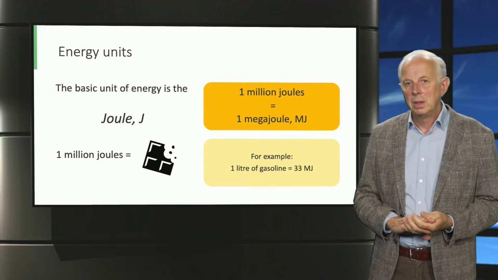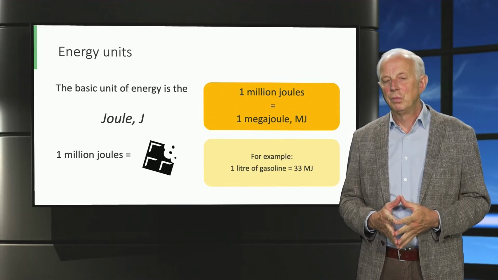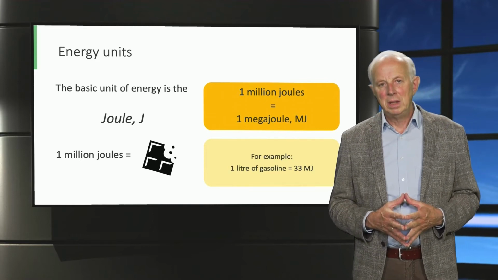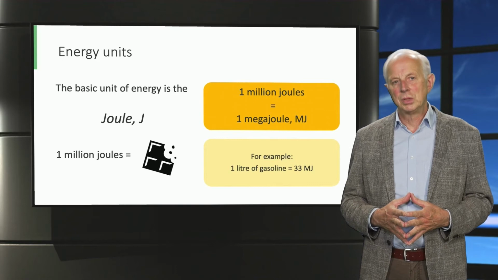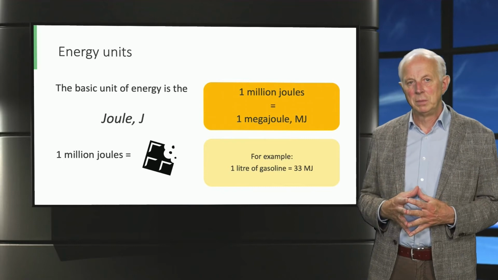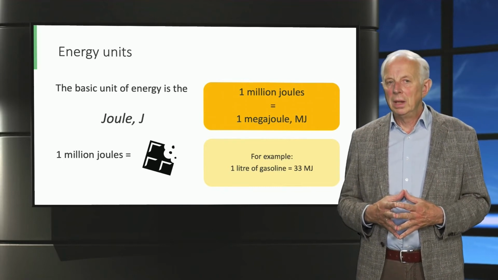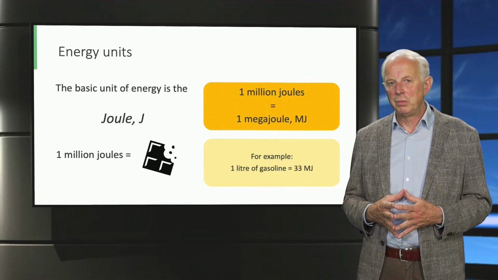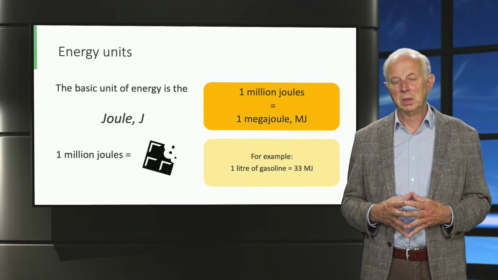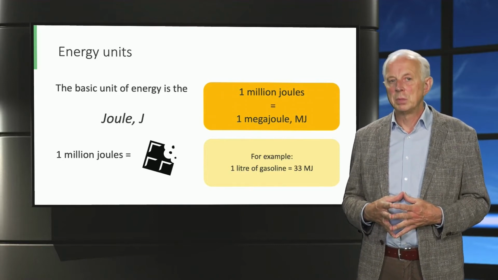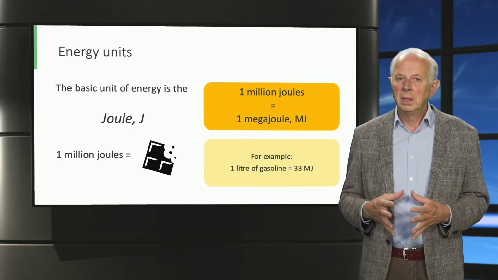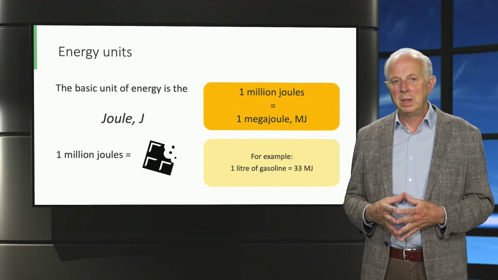To measure energy, we first need to define its units. For this, we use the joule. 1 joule is a very, very tiny amount of energy, and so energy is often discussed in terms of millions of joules, also known as megajoules. To give you an idea of scale, a megajoule is about the same amount of energy that is in a chocolate bar, so that's still a relatively modest amount. The total energy that we need as a person for a day is about 6 times as much. For comparison, 1 liter of gasoline is 33 megajoules.